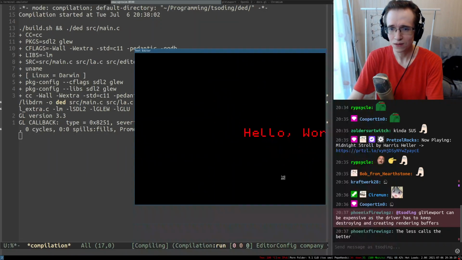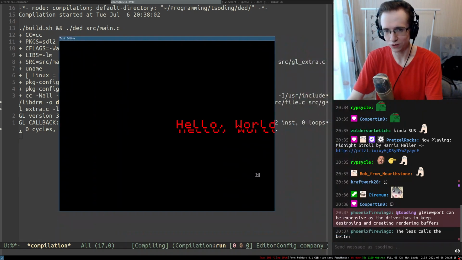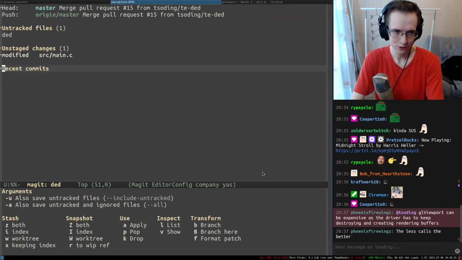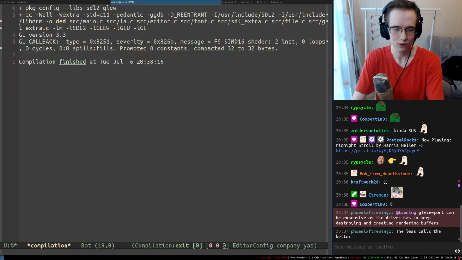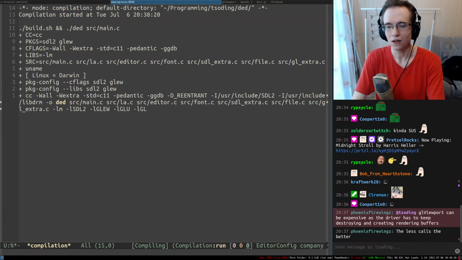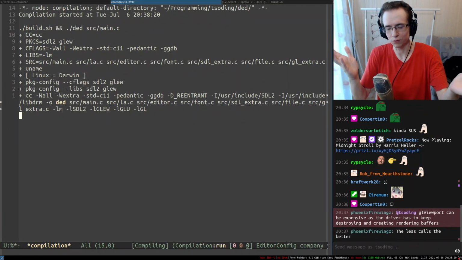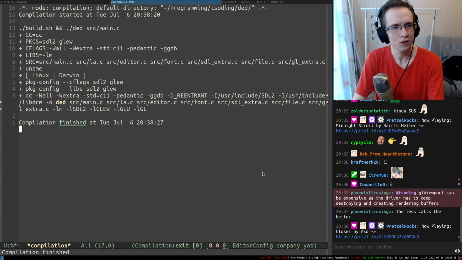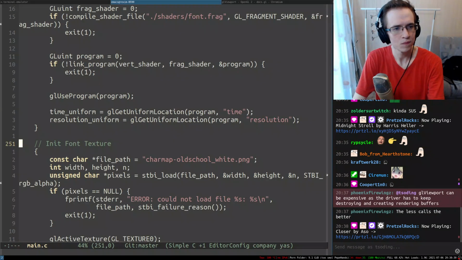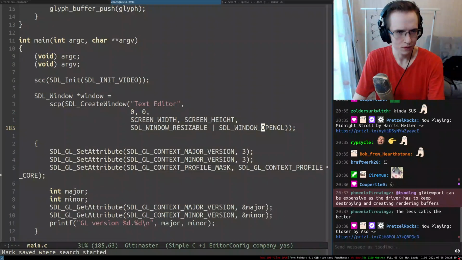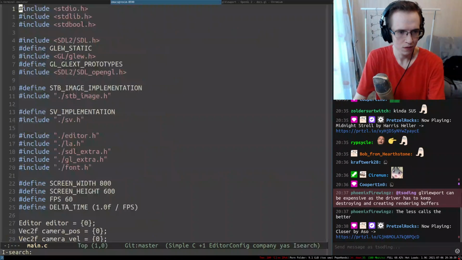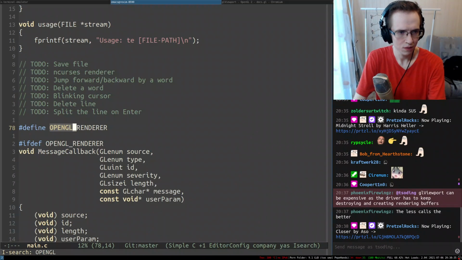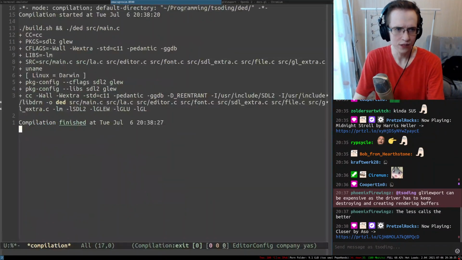Yeah. And the proportions are correct, because before, if I stash my changes and try to run this entire thing one more time, the proportions of the font were completely broken, because the resolution... Where is the OpenGL thingy?